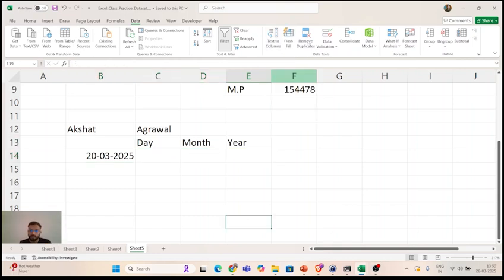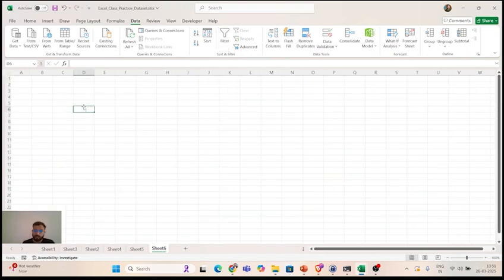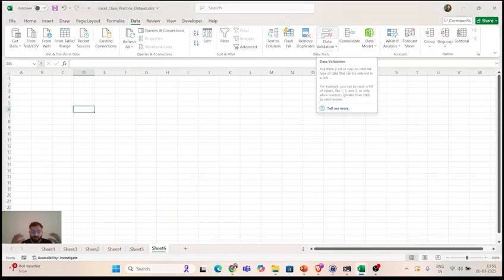So we have covered Text to Columns and Remove Duplicates. We have seen all of those other options, right? Now let us quickly explore the Data Validation option. What is the Data Validation option all about? Let me again take a quick example. Data Validation, as the name suggests, guys, is for whenever you want to put some validation on the data, like when you want to restrict some values, or maybe you want to create a drop down. You can use this option of Data Validation.